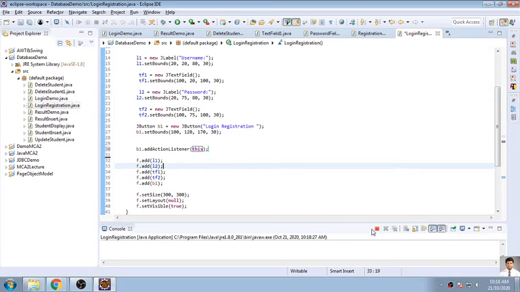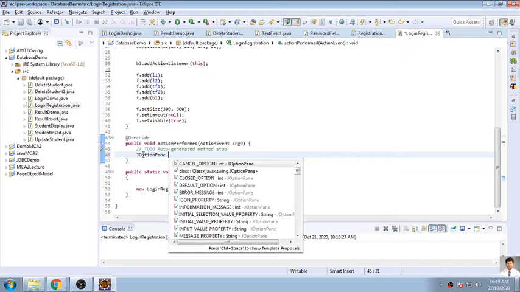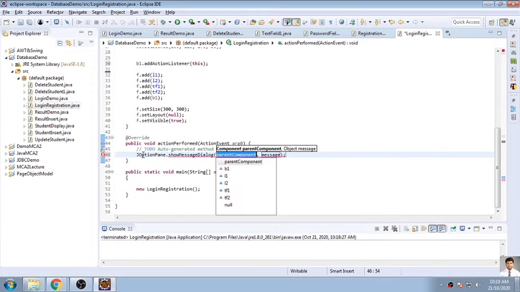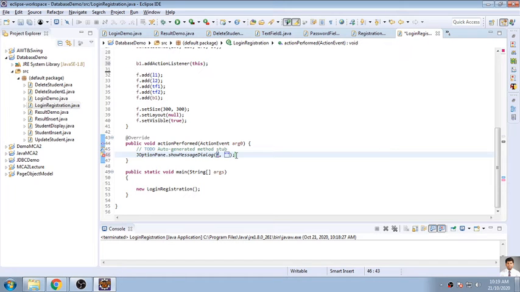Okay, so now I will check whether this response is written over here or not. For the message box, can you suggest how the message box is displayed? Yes, JOptionPane dot showMessageDialog. What is the first parameter? Yes, the frame object, and the second parameter is the message: you have clicked the button.